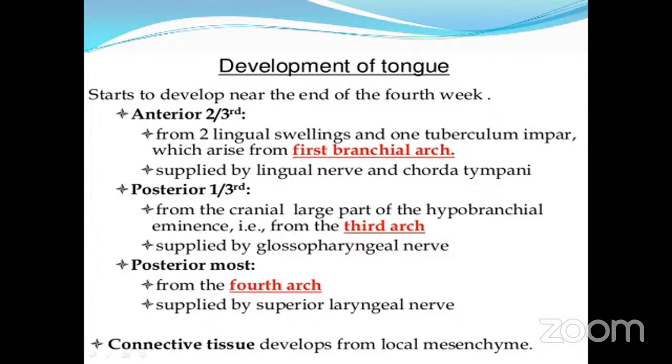Then the anterior two-thirds develops from the first branchial arch, the posterior one-third from the third branchial arch, and the posteriormost part from the fourth branchial arch. Connective tissue develops from the local mesenchyme, while the muscles develop from occipital myotomes. Now, come to the